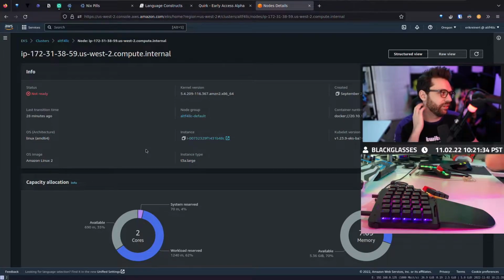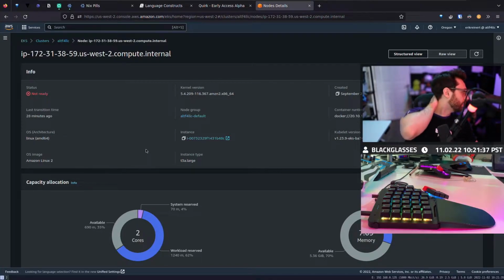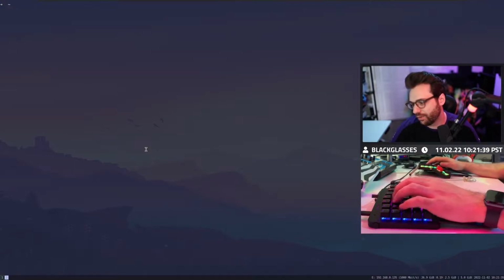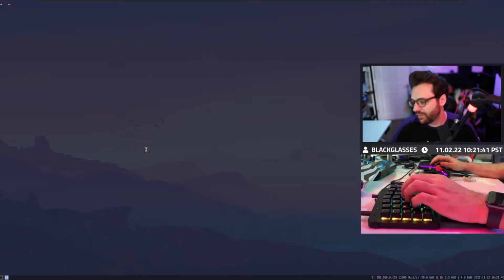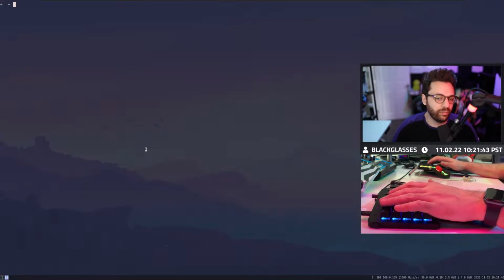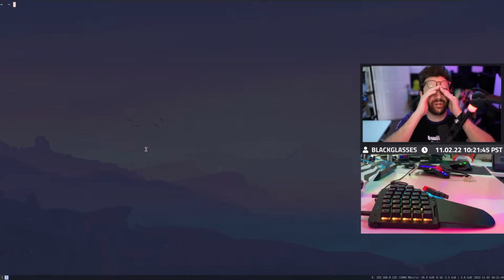I think I'm going to have to give it another node. I think that's the solution here. I already know the solution. I'm going to have to give it another node. So, listen, we're balling on a budget here, chat. We really are, you know. And all of your support, seriously, is what keeps us alive.